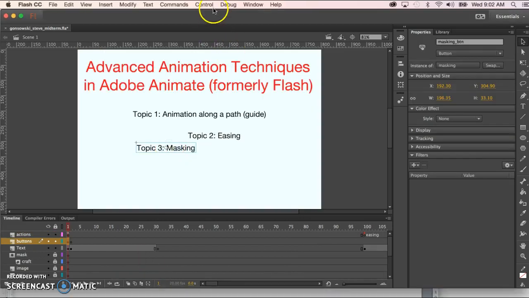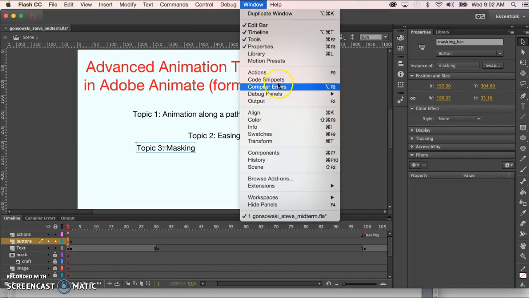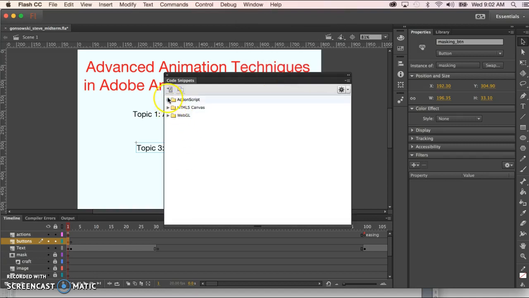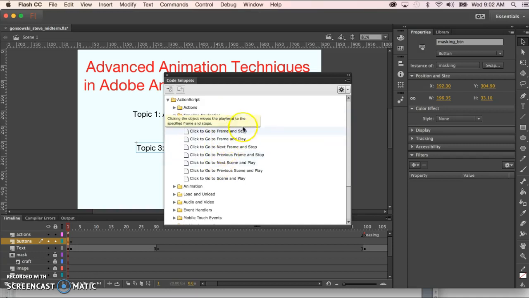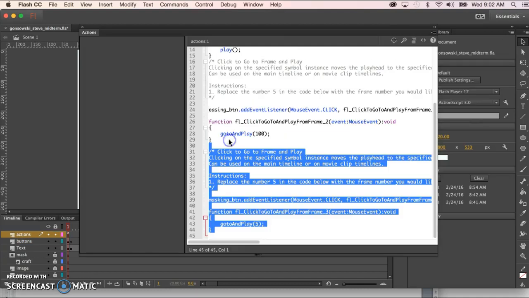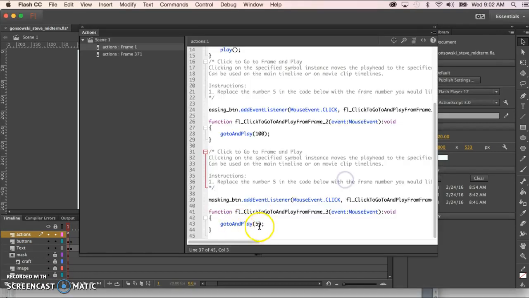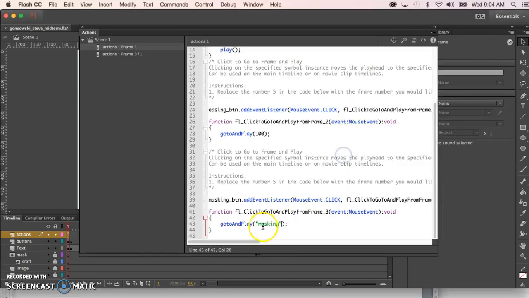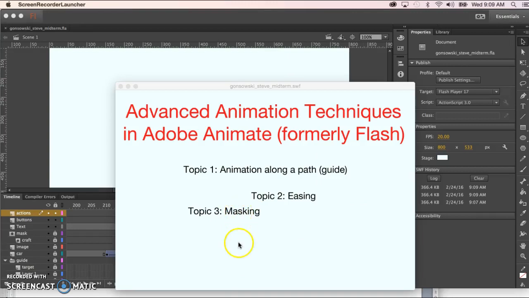Back at frame 1, click on the button, go up to Window, go up to Code Snippets, Action Script, Timeline Navigation, click and go to Frame and Play. Now the difference is, instead of a frame number, we put in the name of our label between quotation marks. And if we test this, we can see that it is doing as it's told. The only problem is